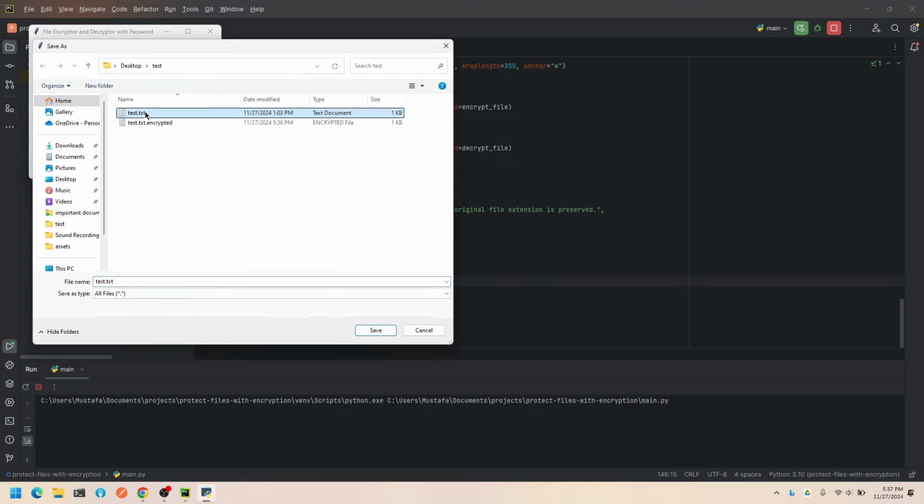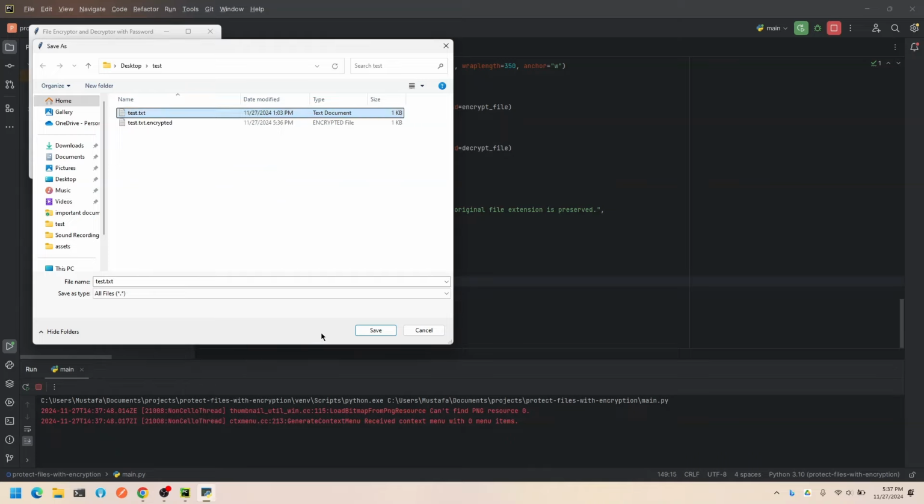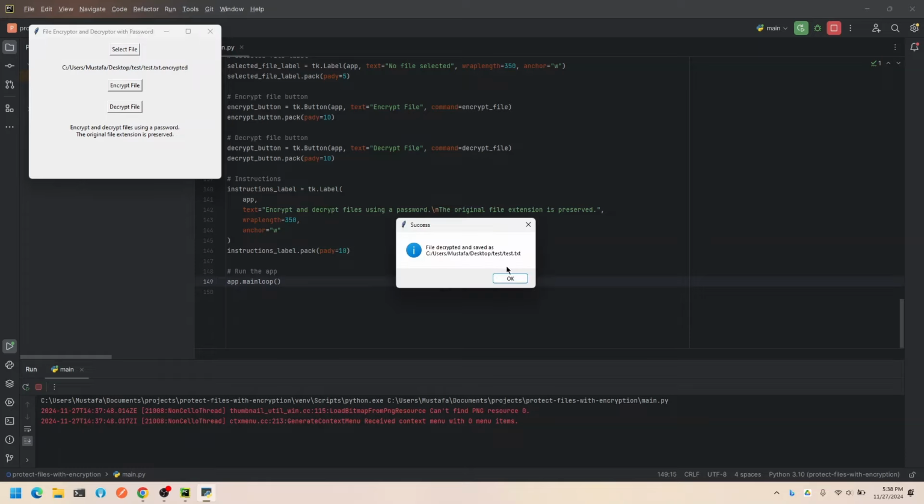I'm deleting the original file so that you can see that the program works. I'm saving it. Okay, the decrypted file has been saved successfully.